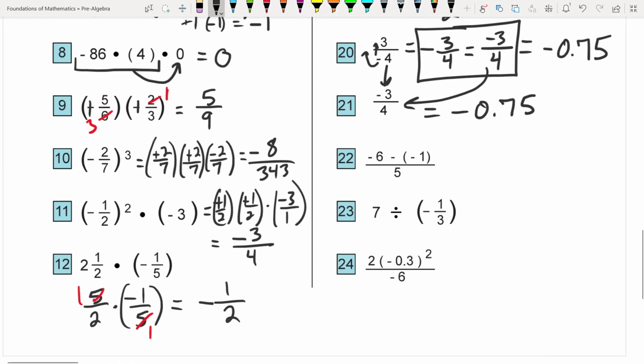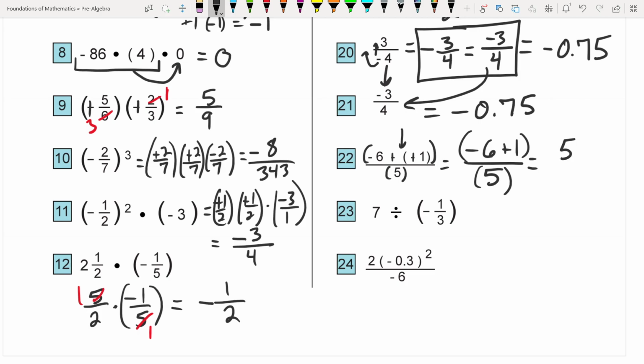Okay, we have order of operations here. You always think of a fraction bar that's written here as having parentheses on top and bottom. We always solve those things first. When we have two negatives right next to each other, we change it to a plus. We have negative 6 plus 1 over 5. Again, think of it as parentheses on top and bottom. Negative 6 plus 1, those are different signs, so we're going to subtract. 6 minus 1 is